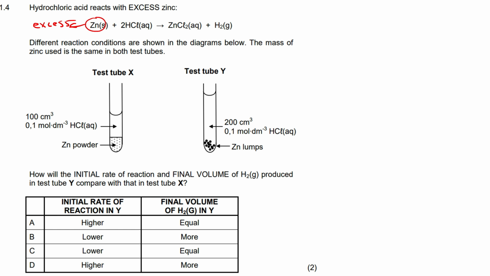Okay, what we can actually do is let's ignore the initial rate of the reaction right now. Let's talk about the final volume of hydrogen. So we can see that we produce hydrogen over here. Now, because the zinc is in excess, when will the reaction finish? The reaction will finish when your limiting reactant has run out. Okay, so the reaction will be complete when